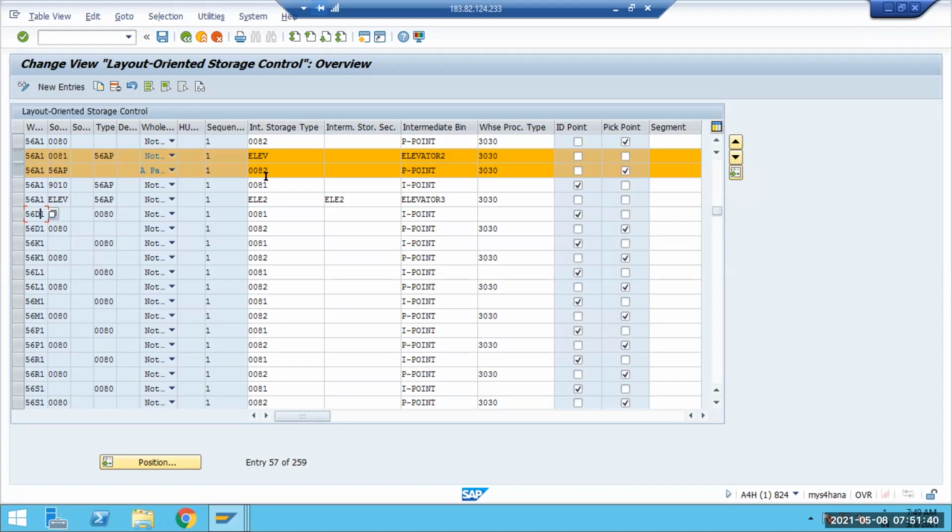Yeah, I will give one solution for this. If it is just temporary, you will have some bins, right? For the first elevator, you block the bin temporarily so that the system won't determine that particular bin at all until you unblock the bin. So this can be done just for a temporary purpose. But the second elevator needs to be determined, right? Yes, I'm only talking about the second elevator.